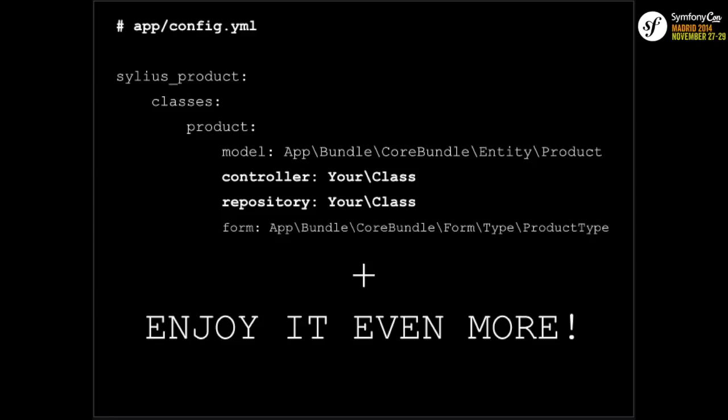Obviously, you have all the tools that Symfony gives you, so you can alias a service, override it completely, write a compiler pass, and so on. It's really flexible. We make great use of tags in the Symfony container. So, for example, we have this system of calculators. A calculator is usually a simple service which has a configuration and a method that includes all the computing logic. For example, for the shipping costs or the product price or some promotion action, and